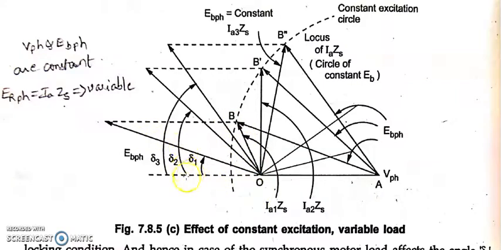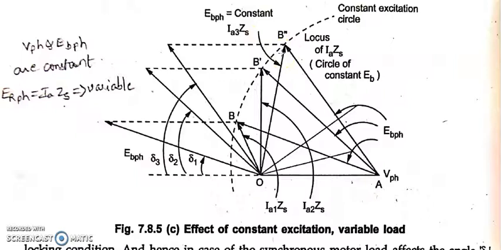Next, let us say again I have increased the load, say for delta 2. Again my EB phase has been displaced by angle delta 2, again the same common V phase, and as I said, as the delta increases, your ER phase will also increase. This is your ER phase 2, so it is called IA2 ZS. So again ER phase got increased. Again further I'm going to increase the load to delta 3. You can see EB phase is over here, V phase is over here. Again you can see for this ER phase is over here, and it is called IA3 into ZS. Again the losses have been increased.